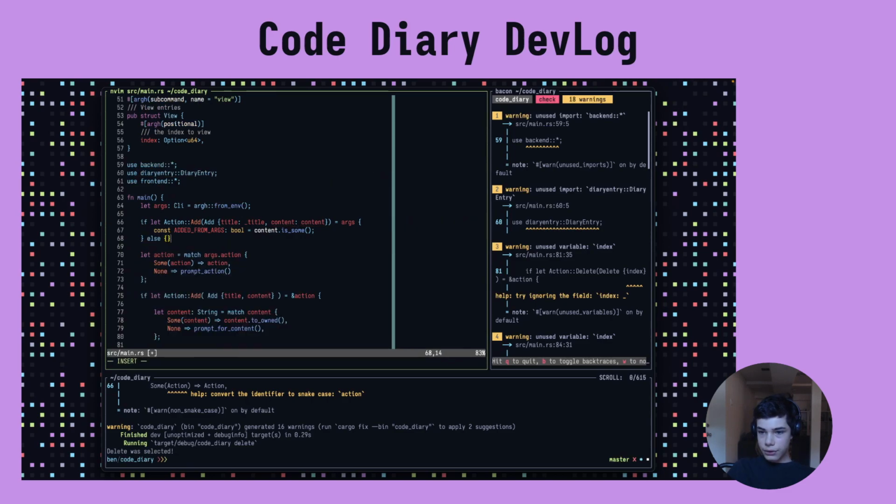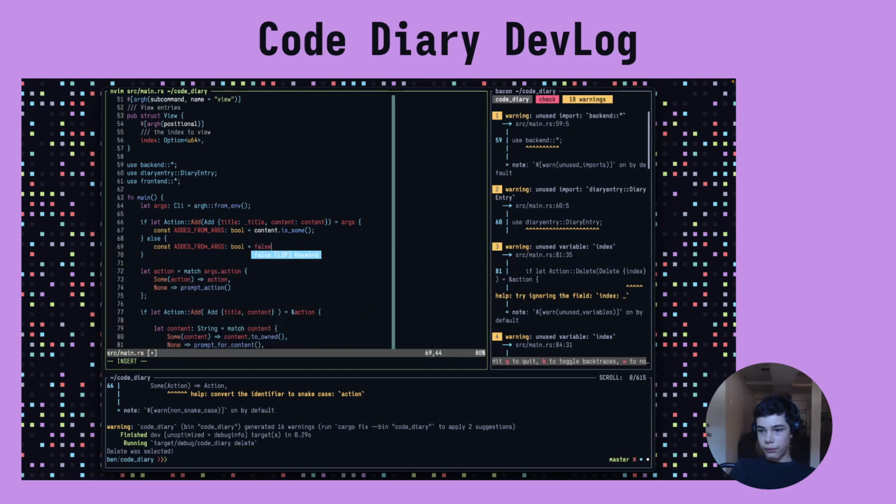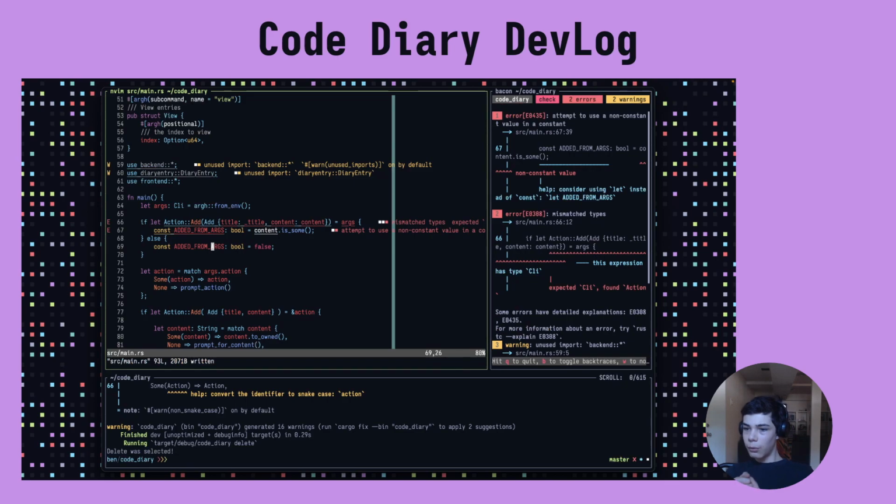And then else const added from, and I probably will not be able to make this a constant. Equals false. Whoopsie. And I can probably refactor this to be a bit better. Whoopsie, okay. Yep, I can't use it, so